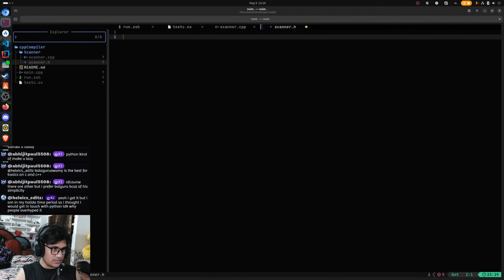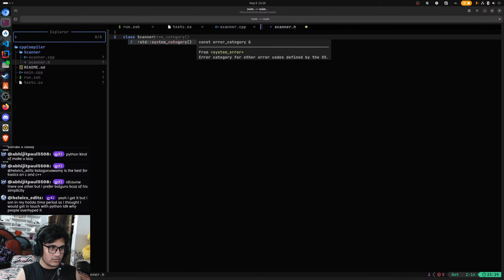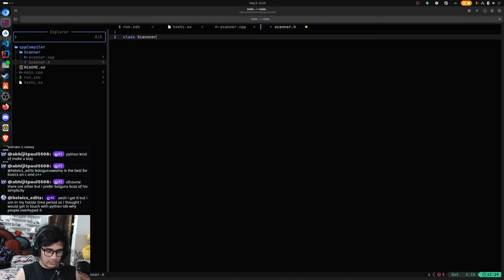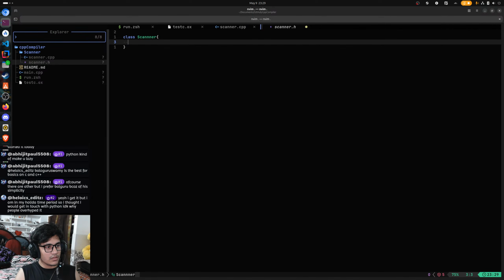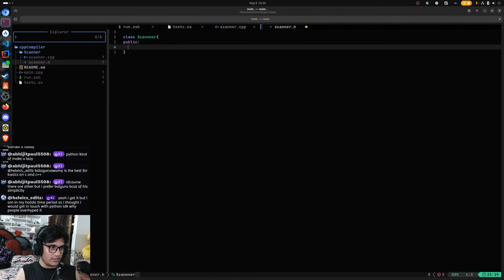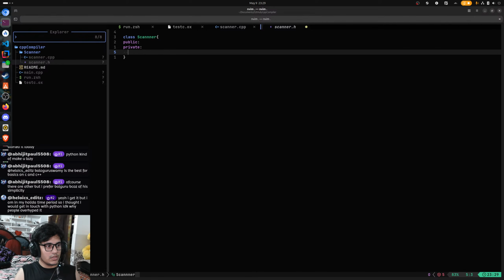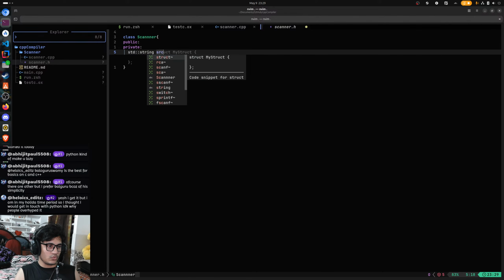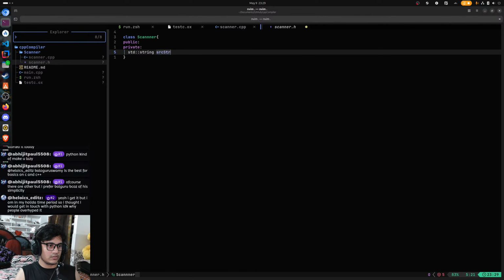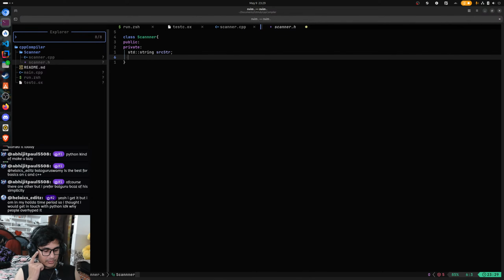So I'm going to define my class, which will be class scanner, public, and then private. So inside private, I'm going to add my source string, which will be of type string. Yeah, I will keep it source string, and then I also need a